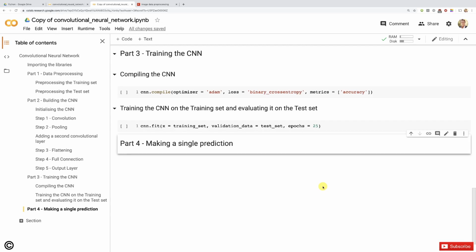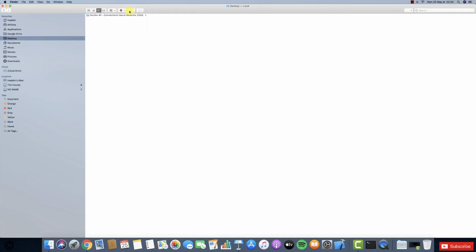Alright, my friends, we're almost at the end of this implementation. Congratulations again for implementing part one, that was quite big and technical, and then of course part two and part three to build and train our new artificial neural network, the CNN. And now we're going to tackle together part four to make a single prediction, which I remind you will consist of